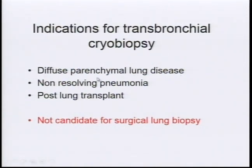So it can be used for any diffuse parenchymal lung disease like ILD, non-resolving pneumonia where you suspect there could also be an ILD. It's been used for lung transplant patients to diagnose acute rejection. And a big one, most of the patients that I get to do these on are patients who for some reason are considered not a good candidate for a surgical lung biopsy. So they feel like they're too sick to have a VATS, and so this is sort of the next best thing. Although I would argue that it may be a good first-line biopsy, not just for people who can't tolerate